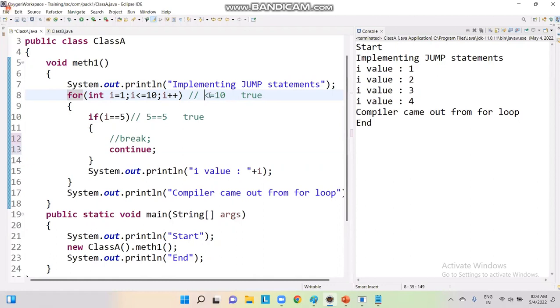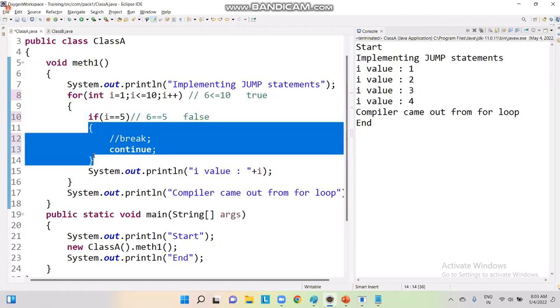Directly it will go to the increment or decrement operator. Then 6 is less than or equal to 10. Yes. Now the i value is 6. Is this condition true or false? The condition is false, so obviously this block will not be executed. System.out.println i value